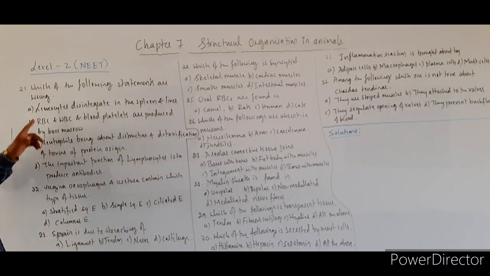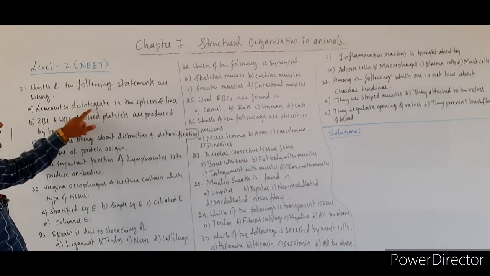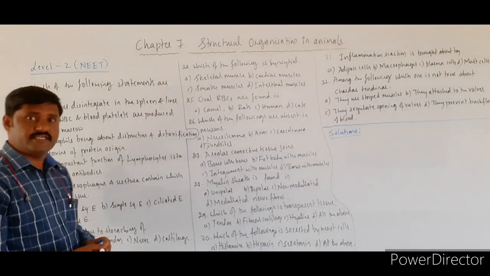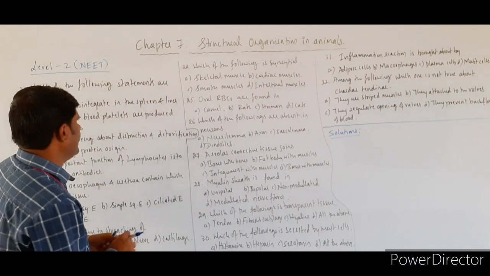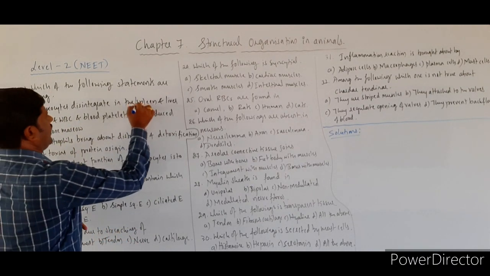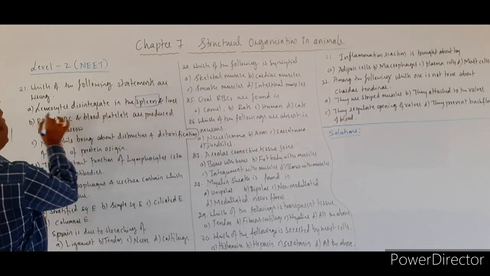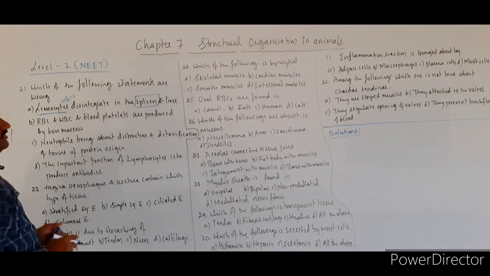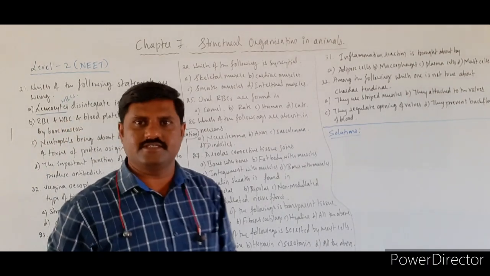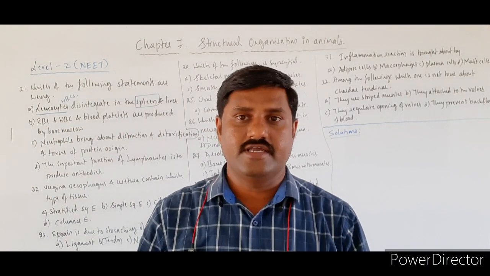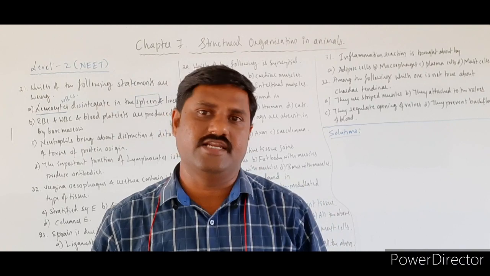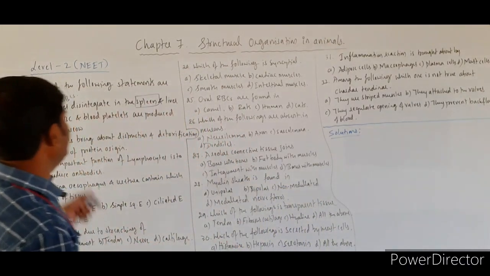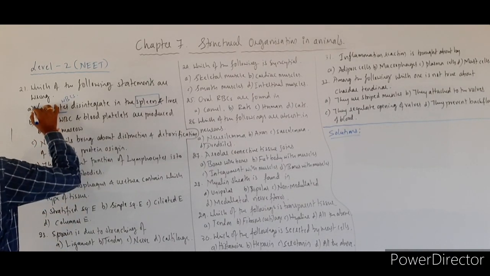Let us read the first option. Leukocytes disintegrate in the spleen and liver. Of course, in theory part we have studied that. In the spleen and liver the disintegration of the leukocytes occurs, which are nothing but a kind of WBCs. Leukocytes, the WBCs, disintegrate inside the spleen and liver, right? Hence spleen is said to be a dustbin, right? So that's why this is correct option 1.